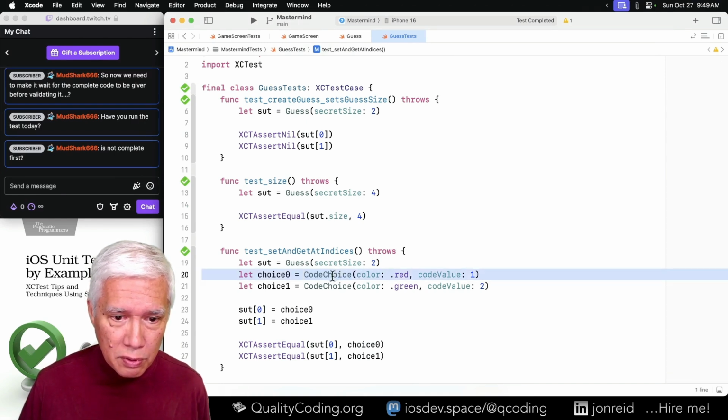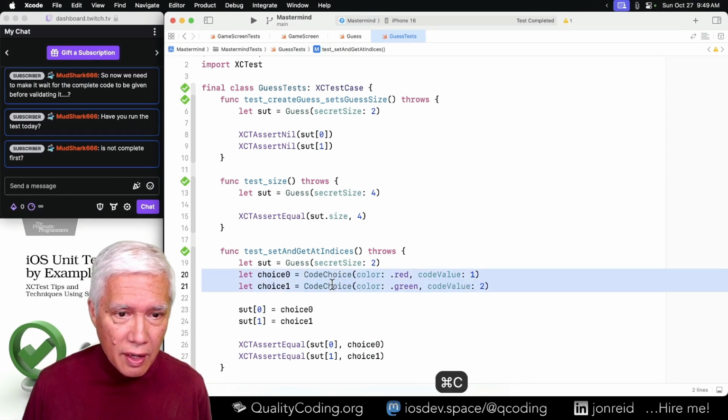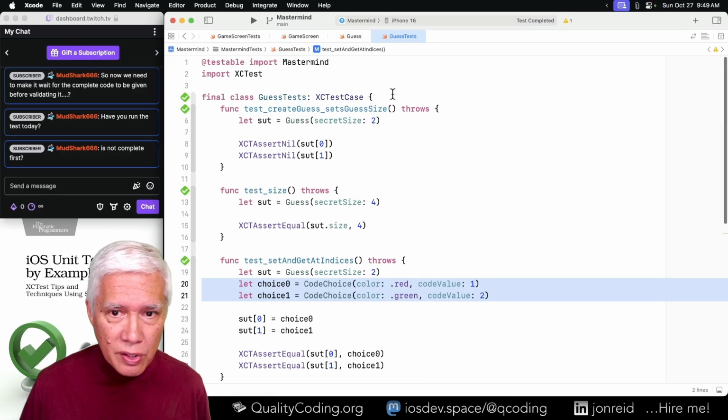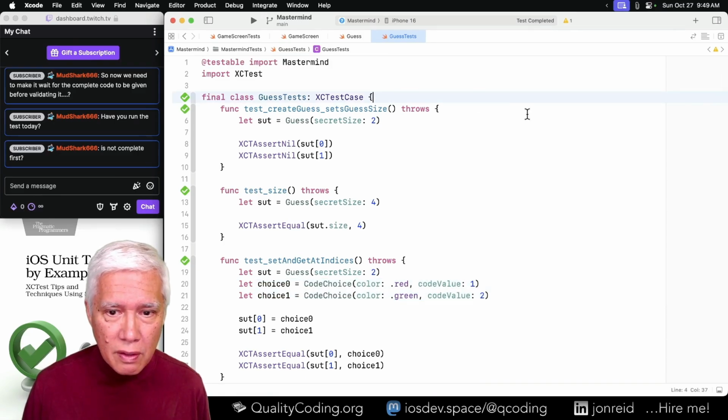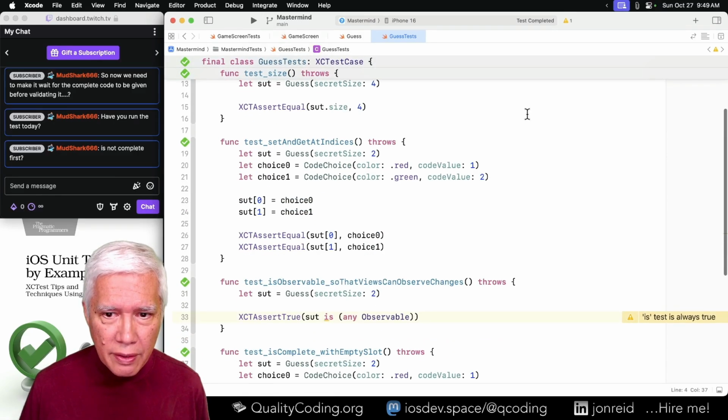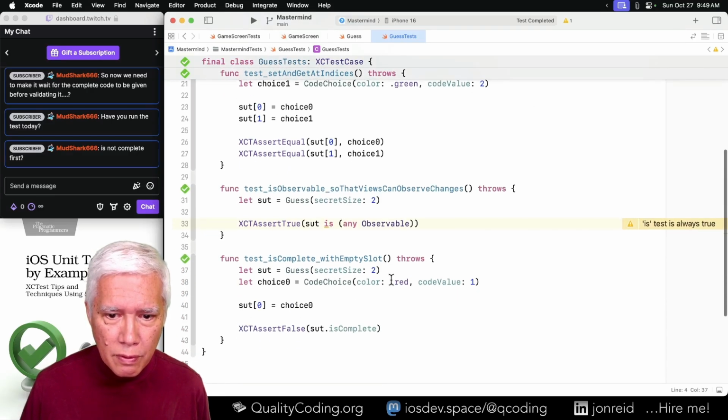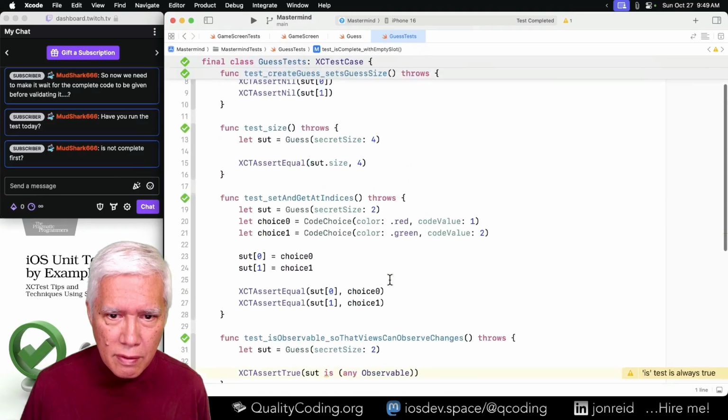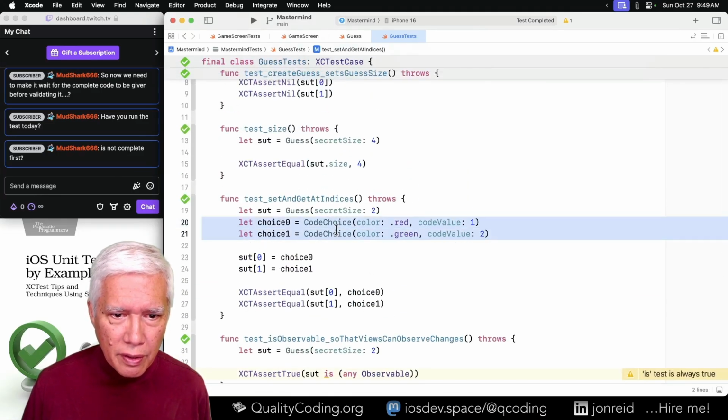Let us pull these out into the fixture. Do we just need this one? Yeah, I'll pull them both.